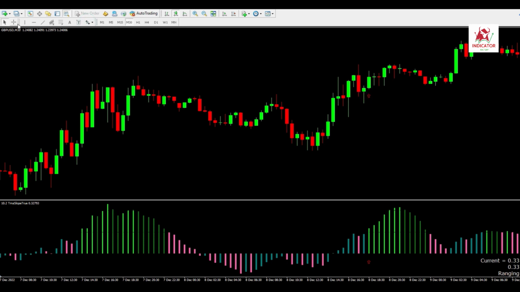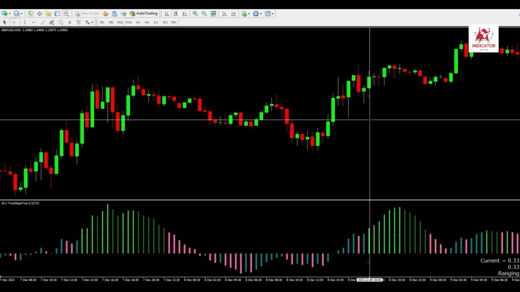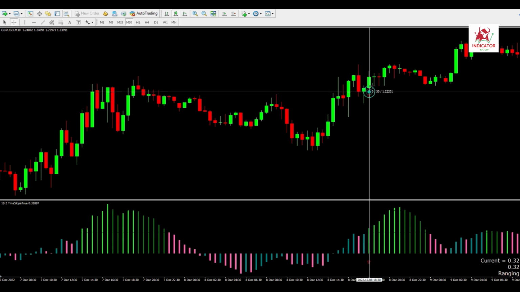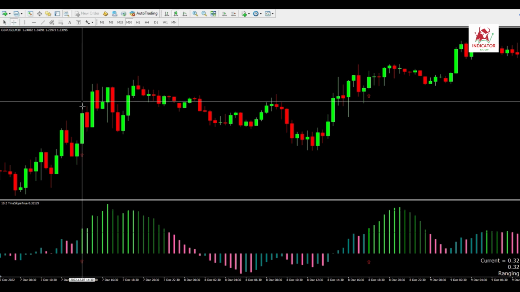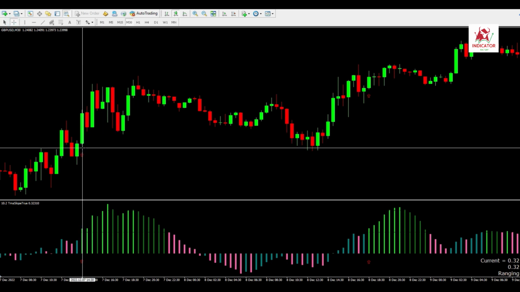This indicator plots histogram bars which oscillate around a midline, which is zero. Positive bars indicate a bullish trend, while negative bars indicate a bearish trend. This indicator also plots dots to indicate the direction of the short-term momentum. Blue dots indicate a bullish momentum, while red dots indicate a bearish momentum. It also provides signal alerts based on momentum reversal signals, and also allows for push notifications sent to an email. How the TMA